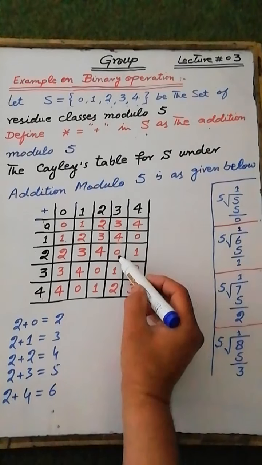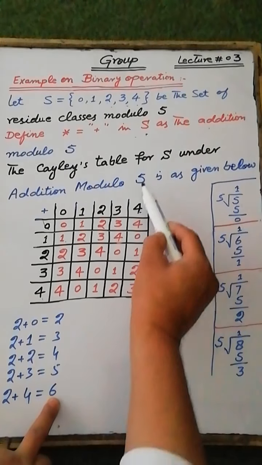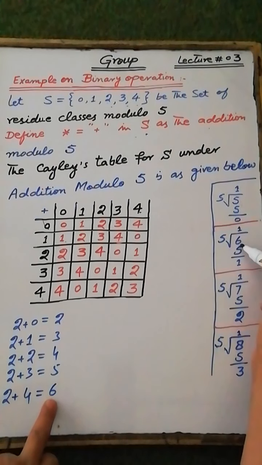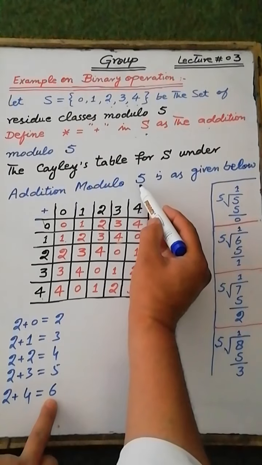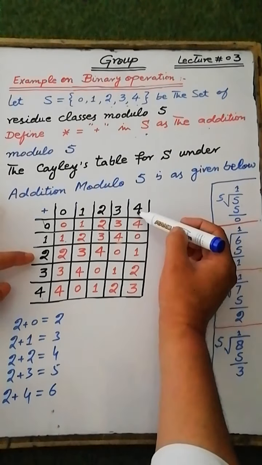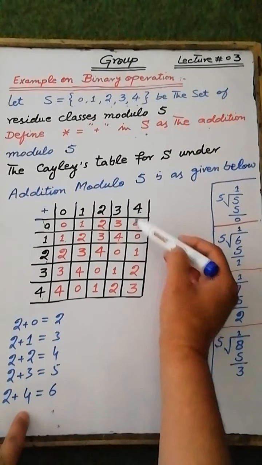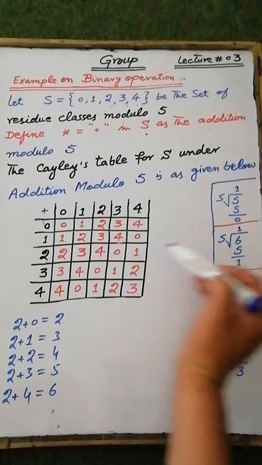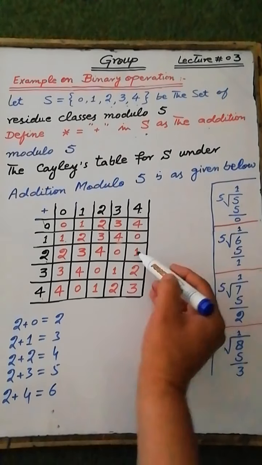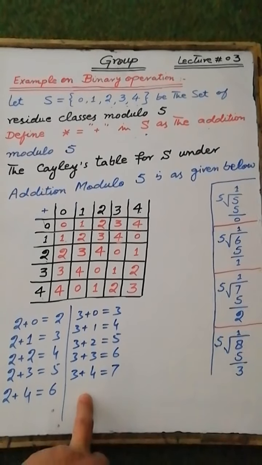This element 0, and 2 plus 4 is equal to 6, which is greater than 5. Therefore, we divide this result 6 by 5. The remainder is equal to 1. Therefore, when we add 2 with 4, we write here the remainder, which is equal to 1. And similarly,